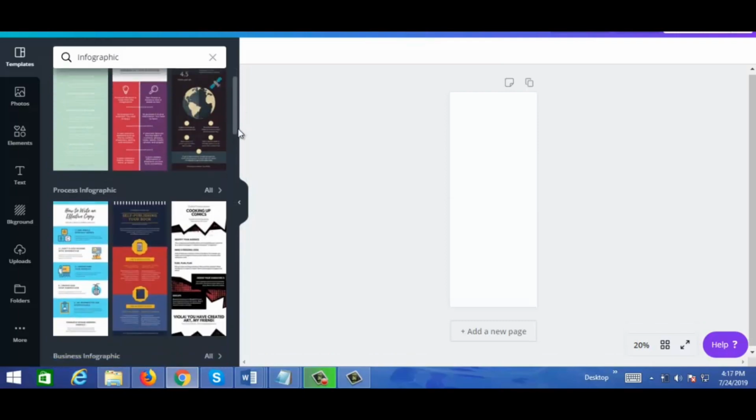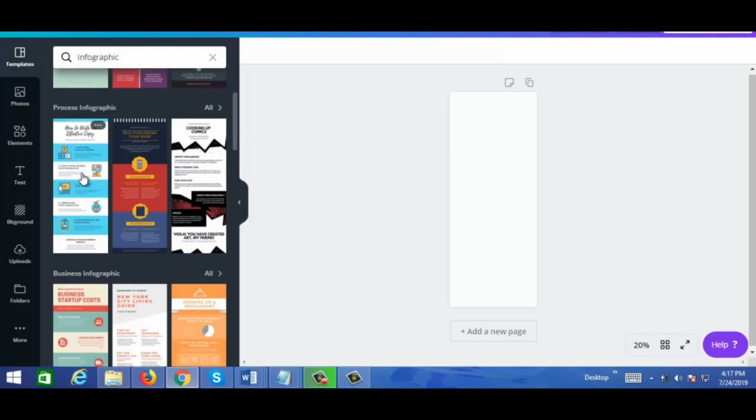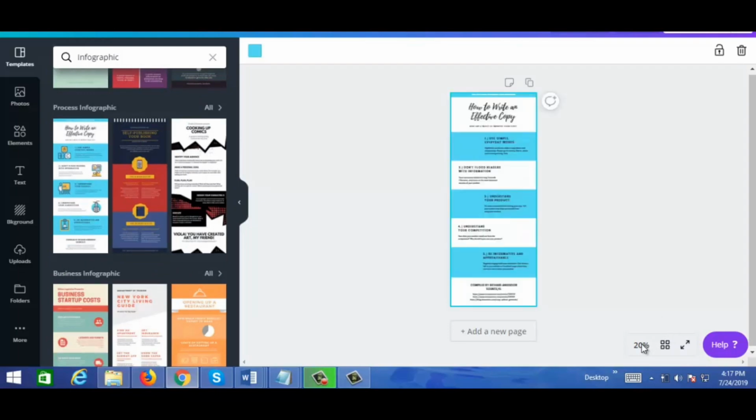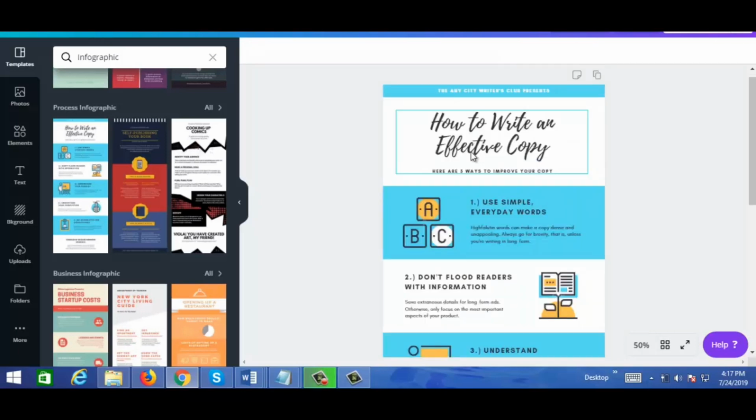So for this example, let's just go ahead with this one here. And it's hard to read, so I'm just going to zoom in. So I'm going to click on here. And I'm going to go to, let's see, 50%. The content on this current template is about how to write effective copy. Let's say I want to create an infographic about losing weight. So let's go edit the content here, and just letting you know, I'm not a weight loss or fitness expert, so I might even just make up some information as I create this infographic, but this is just for demonstration